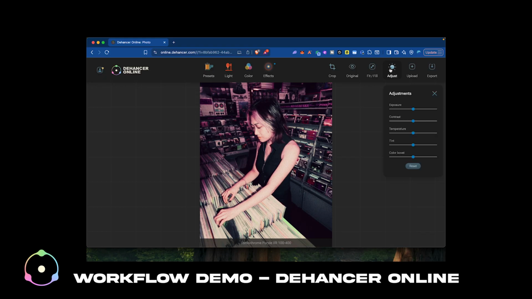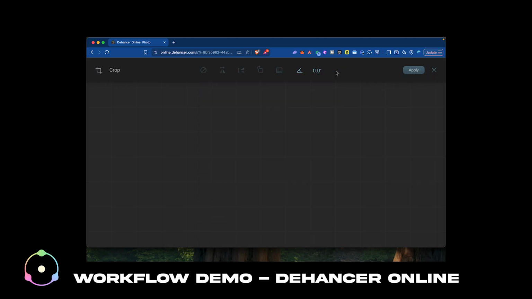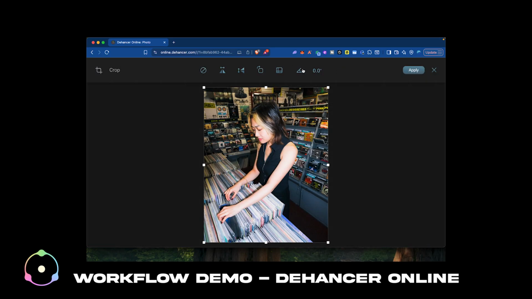And yeah, so basically this is where you adjust exposure, contrast, temperature, tint. Color boost is very important sometimes. If you want to get really punchy vibes, I like messing around with color boost sometimes, but here I'm not gonna use color boost because I don't think that photo really needs it because I already edited it. But anyways, you can crop your photo as well if you wanted to,